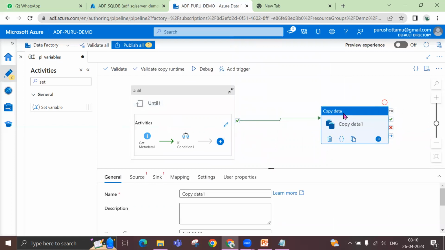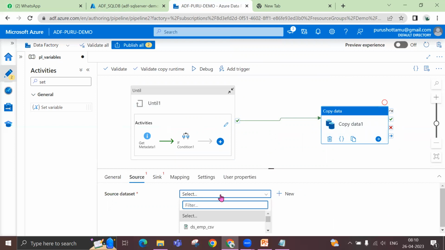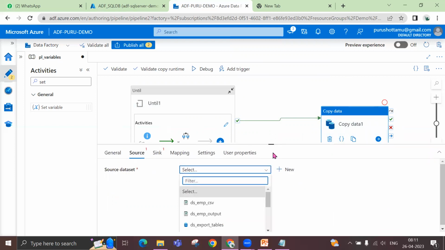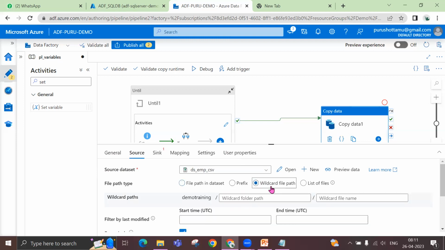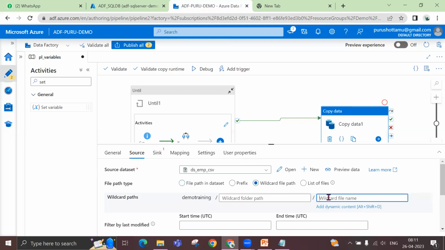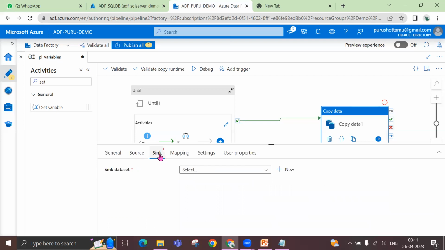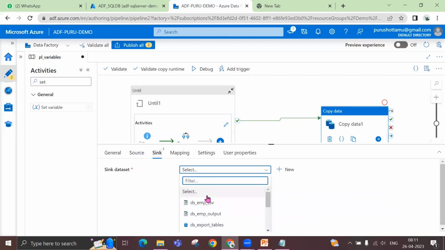Okay, so now let's do a copy, and for copy you need to mention the source. So source is data set DSEMP. Hope this is working, and we wanted to use wildcard and dot CSV, and our target is